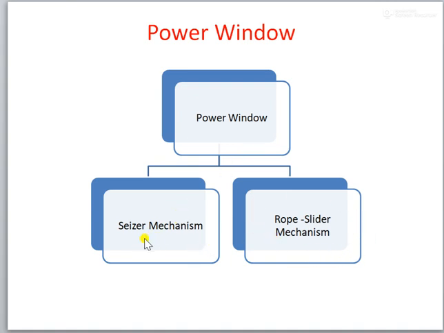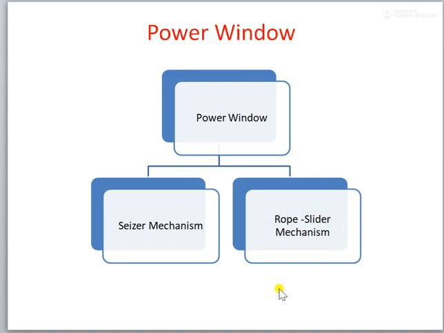In case of the scissor mechanism, we have very little maintenance, because the only thing which reduces the efficiency of the scissor mechanism is rust or corrosion. Once corrosion occurs in the linkages present in the scissor mechanism, the friction increases, and due to that the force or effort we require to move the window up and down also increases.